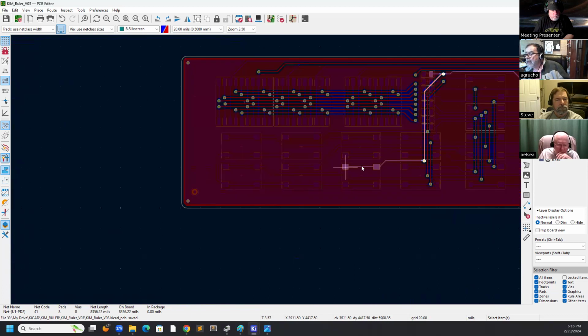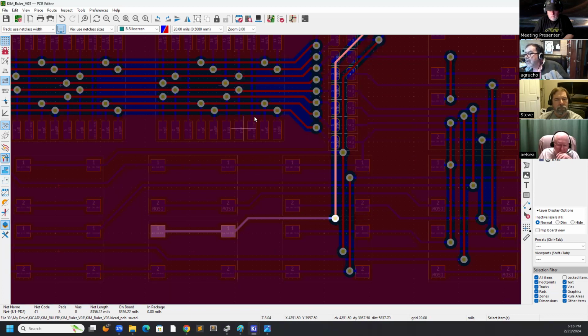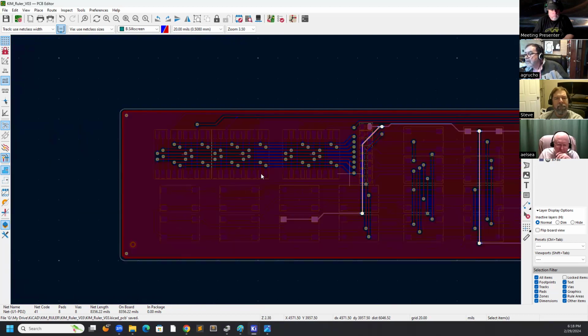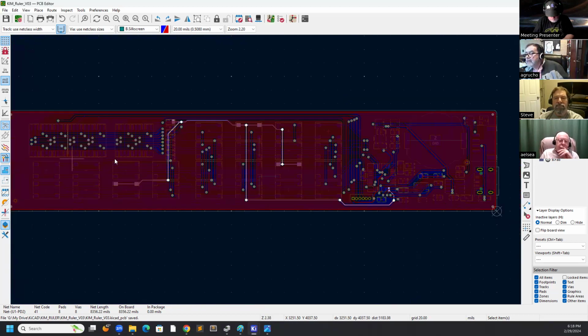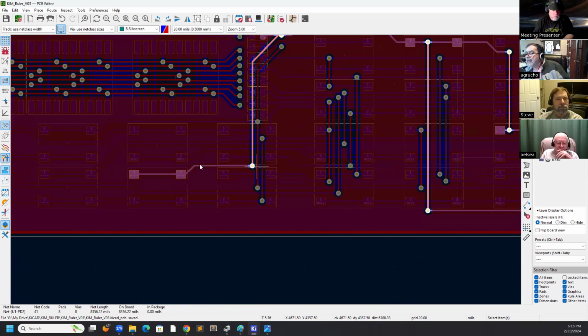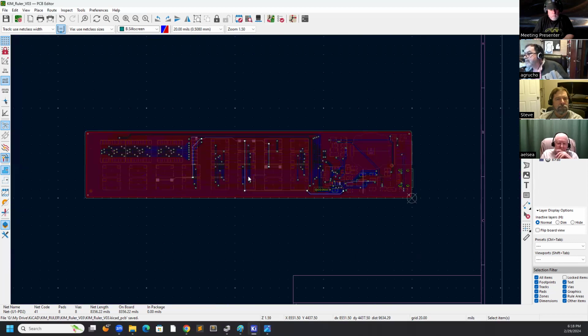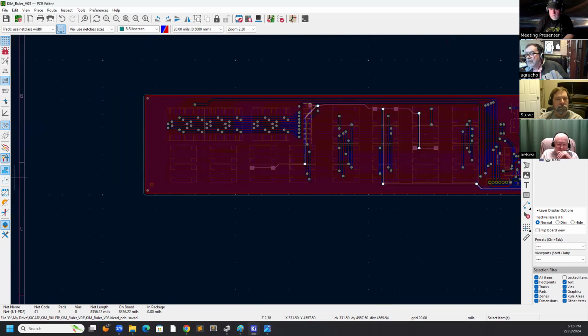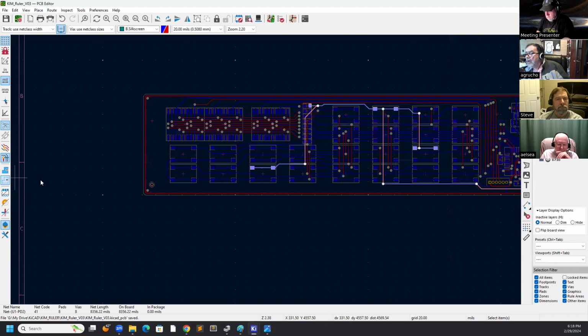This is the ground plane. Almost all the board in the back is a single plane of ground. On and off.